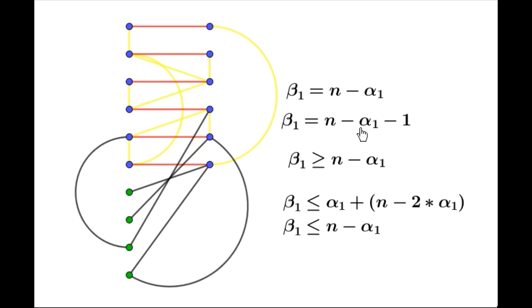Here, if you notice carefully, we are using this particular matching, the maximum matching, as a part of the solution for the edge cover, right? So the relation between this matching and edge covering is not of a complement type, but still we are getting this particular result: alpha 1 plus beta 1 is equal to n.